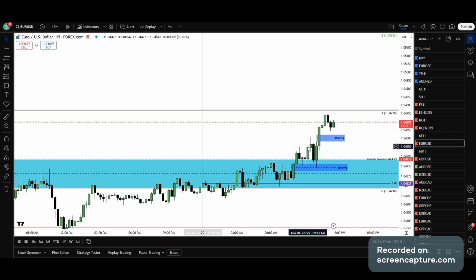So we break above this short-term high here first, then we come all the way back down. So we basically attack buyers and sellers in this move. Between 8:30 and 9:30, if you have a very short-term perspective, both sides of the market get targeted. So if you're trying to buy on a breakout right there at 9:30,